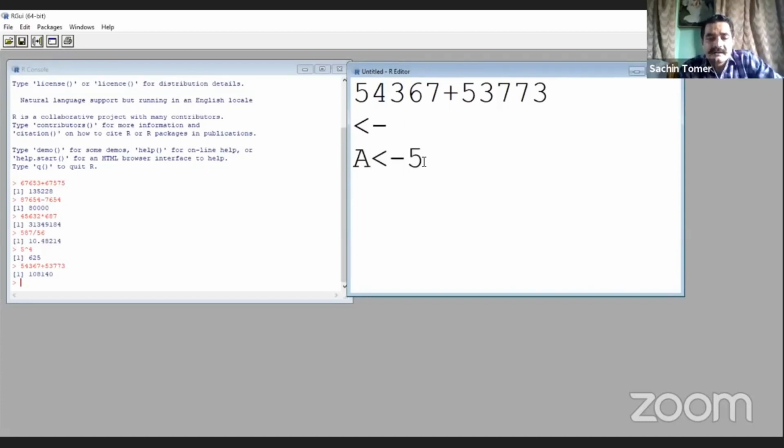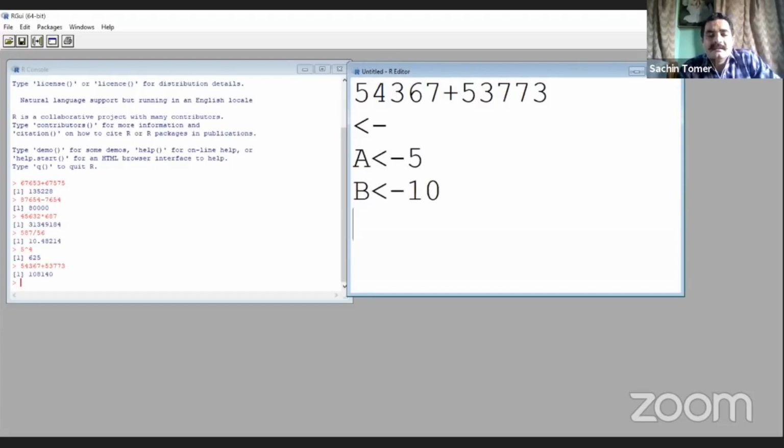What we are doing here is storing 5 in variable a. This operator assigns the value 5 to a. Similarly, we can write b <- 10. 10 is stored in variable b.